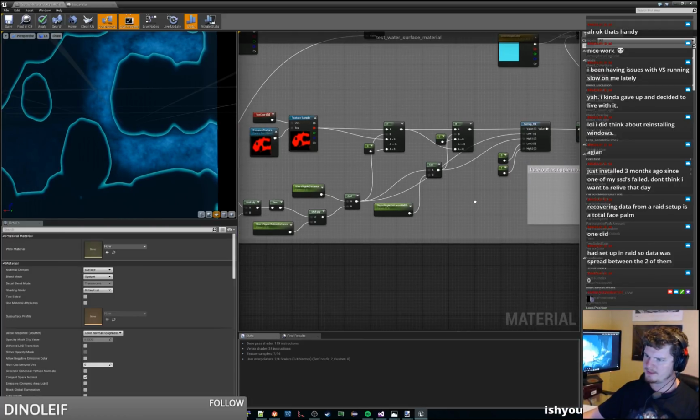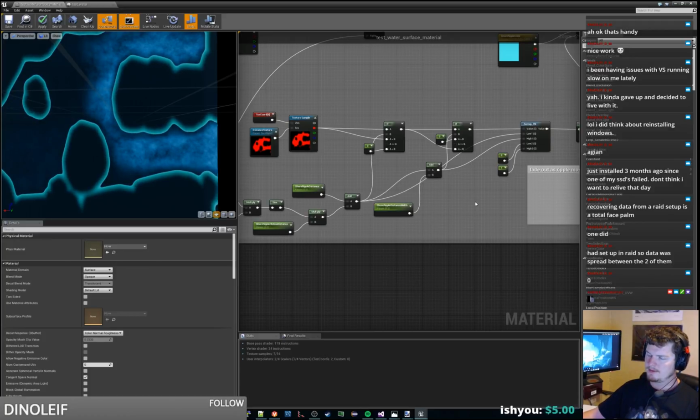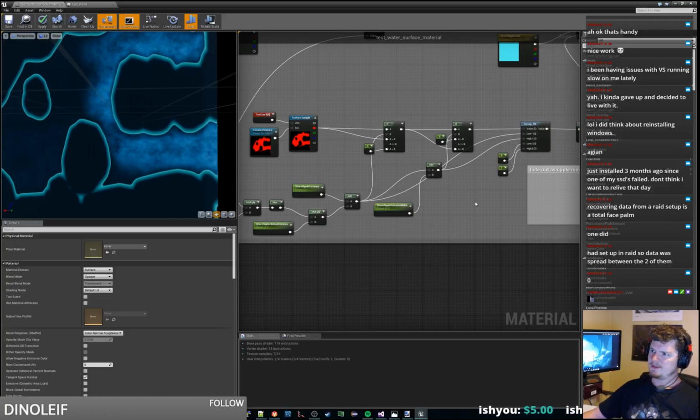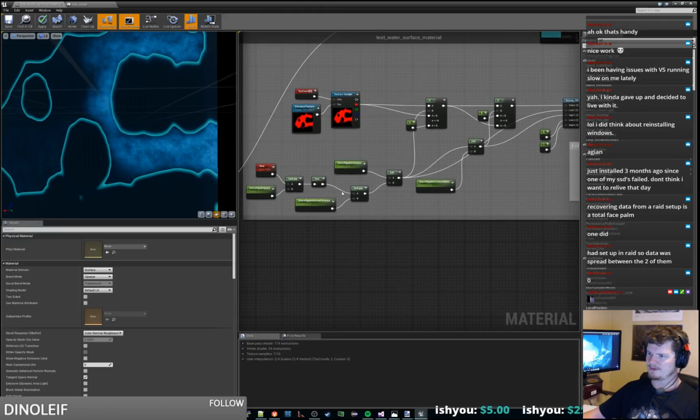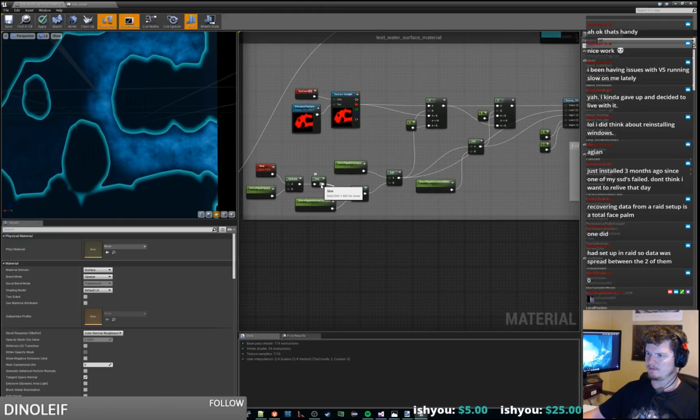So in order to do that, we need to turn this into a percent or something like that. We need to multiply it by something. So we have like our sine value here,